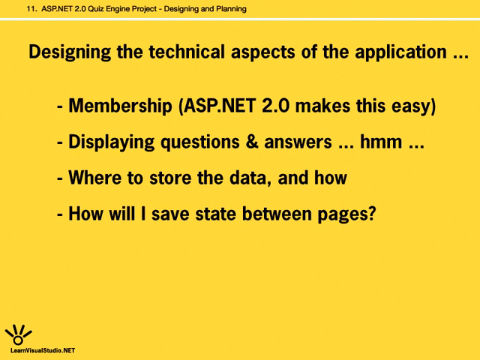Now, it won't really become a problem unless my site becomes incredibly popular, which means I probably would need to revisit this application and test to find a better solution. But again, Session is so easy to use that it's going to wind up saving me a lot of time and saving a lot of lines of code. So that is really the last decision that I needed to make before I can continue on. And I haven't really documented any of these design